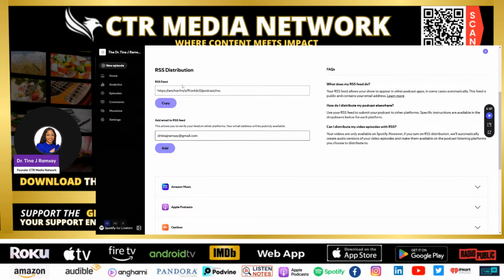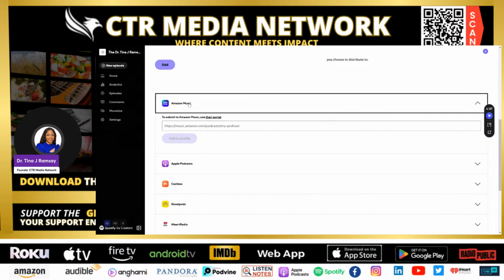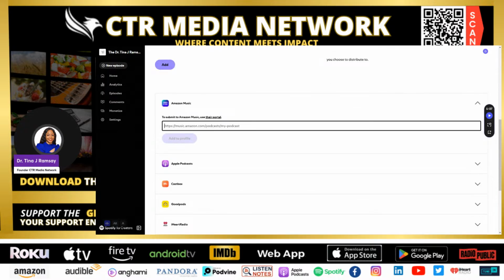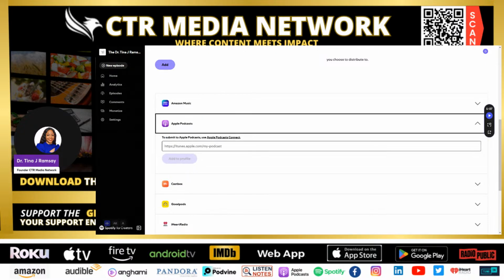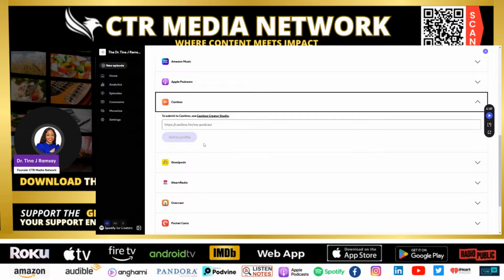You can take this RSS feed and literally add your podcast to all of these platforms, and you just drop it there and click add. Drop it here and put add. Now you actually have to submit to Apple Podcasts to connect, but it is a free process, and all of these other platforms as well.